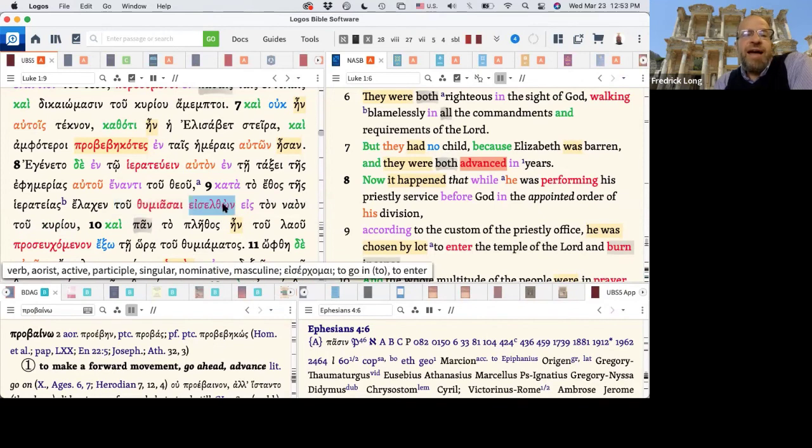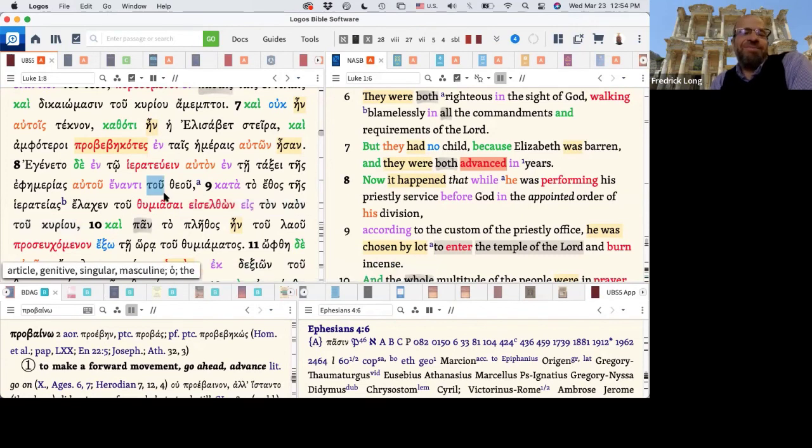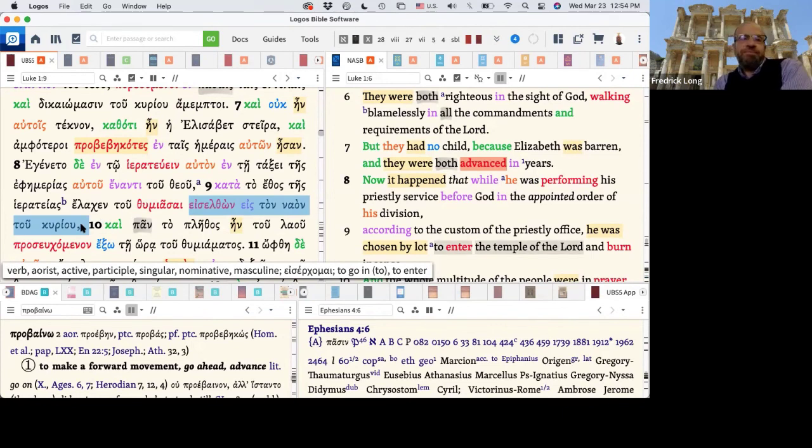And then with articular infinitives, do they always indicate purpose? Often they do. Sometimes they can be result. So those are the two options: is it purpose or result? And in my Koine Greek grammar, I lay out the statistics for that, for articular infinitives, based on a dissertation from the University of Chicago about 100 years ago. So you can look at my chapter on infinitives and you can look into that.